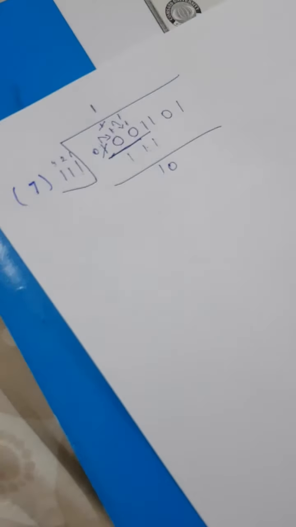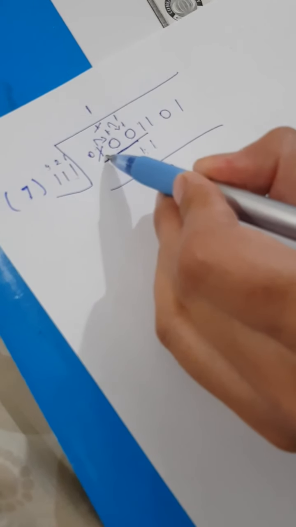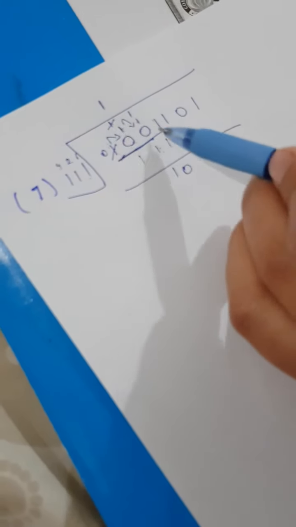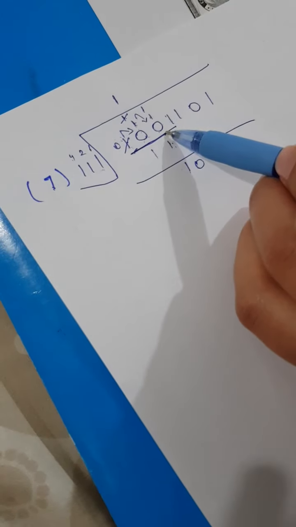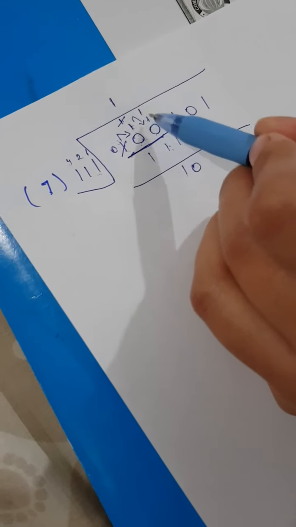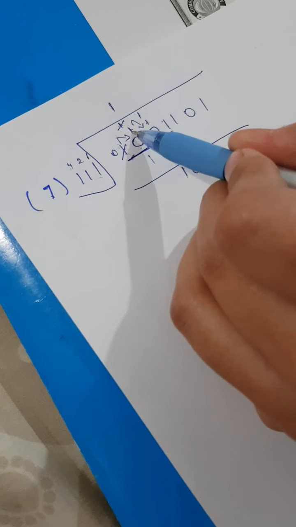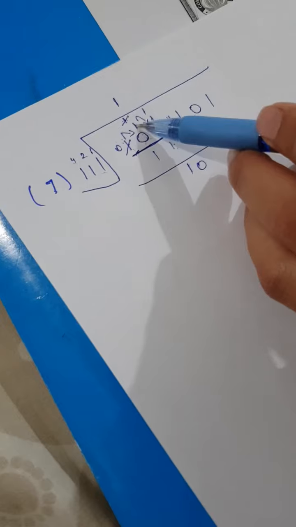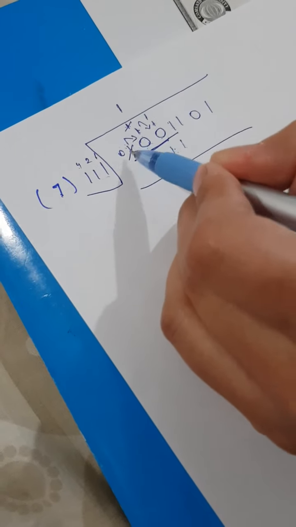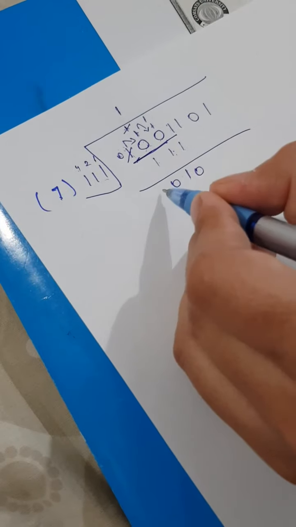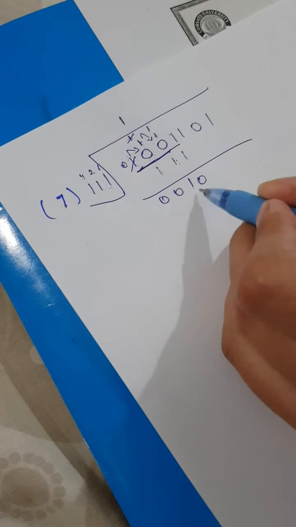If you can see clearly, we borrowed 1 from here to this value and it is replaced by 2 times 1, but we borrowed one of them to the next right digit. All right, so this 2 minus 1 is 1 and one of them is borrowed and we are left with only one value. 1 minus 1 is 0. यहाँ से हमने borrow ले लिया था, so it already turned into 0, so 0. ठीक है, so this subtraction is 1 0.